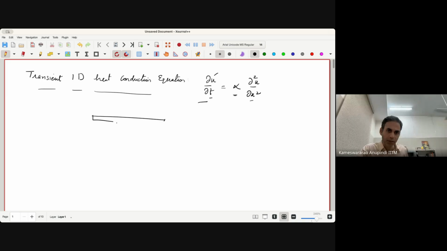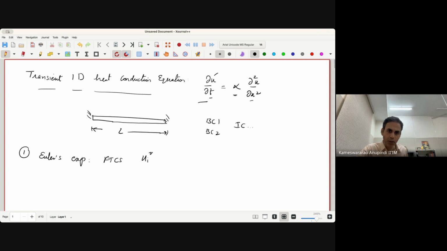So we said essentially if you take a domain like this, a bar or a beam, something like that, where you need both the boundary conditions, boundary condition 1 and boundary condition 2, and the initial condition, with that, you'll be able to solve for this. However, you need to discretize it with different methods. We said there are several methods you can use. We looked at only 3 of them, which is called the Euler's explicit method, or the forward time-centered space, which